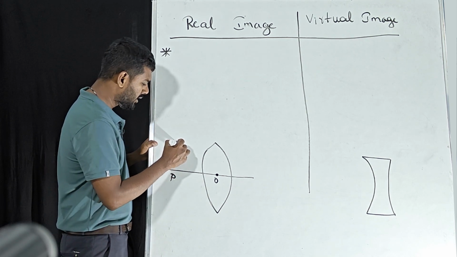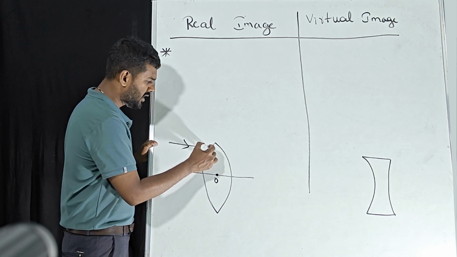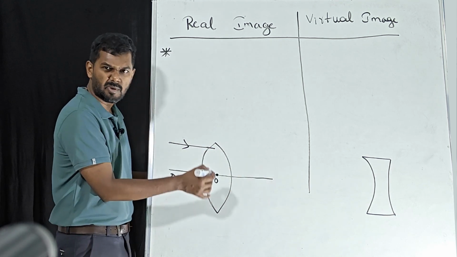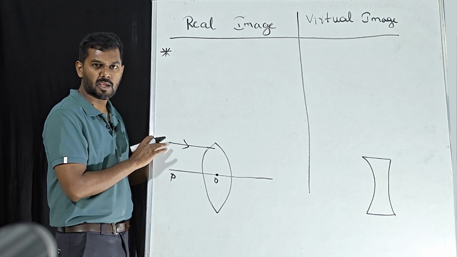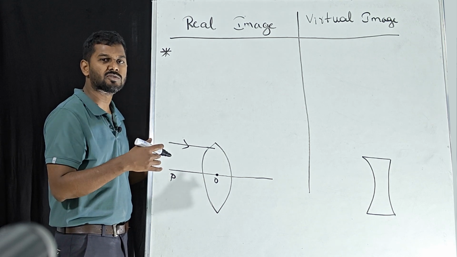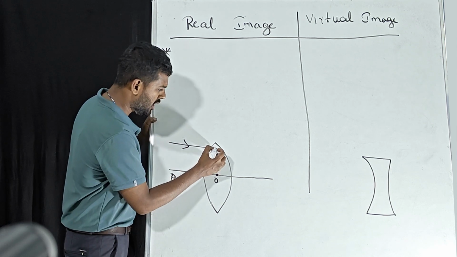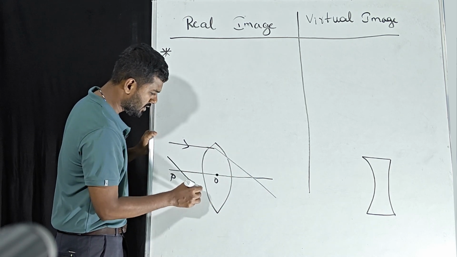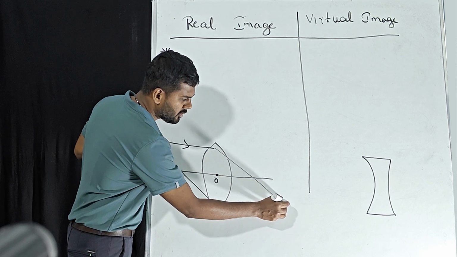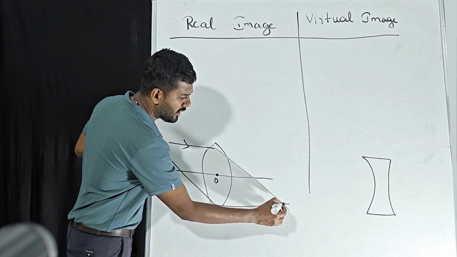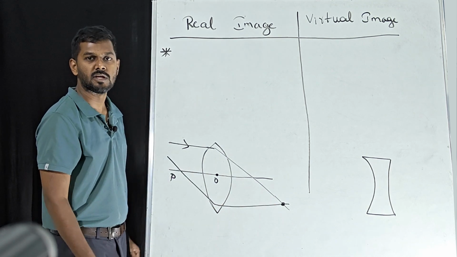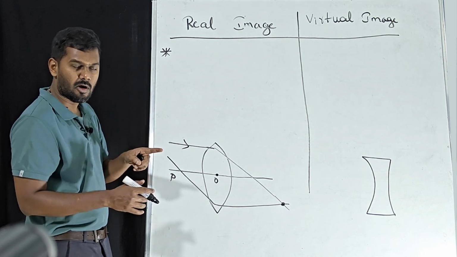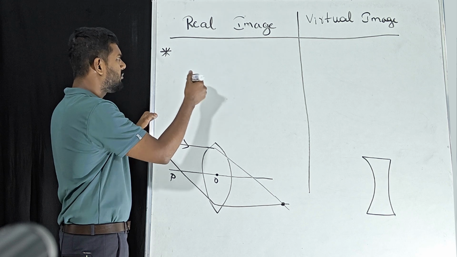So if a ray comes here, see how it goes, all those things we are going to learn, and the simple basics we have learned from part A. So part A is also very much important. So after refraction, see somewhere it is going to meet. Here we are going to get the real image. So how am I telling it is a real image? Real images are formed